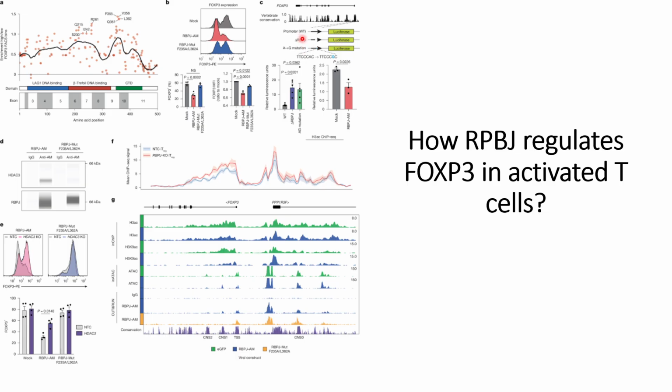In the wild type conditions, they are able to see very low signals because RBPJ is present, and when RBPJ is knocked down, they see increased signals of FOXP3, and when RBPJ is mutated, they can see further increased signals